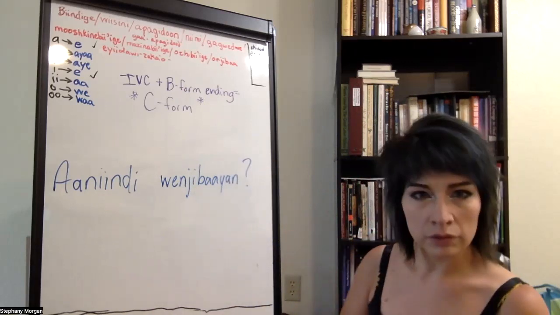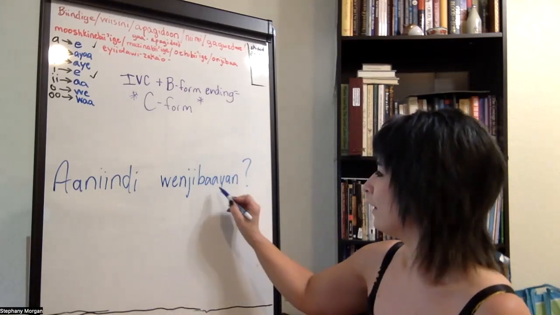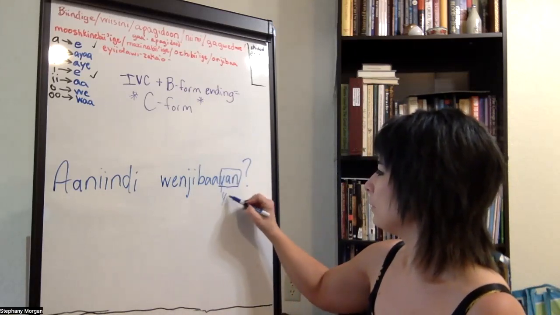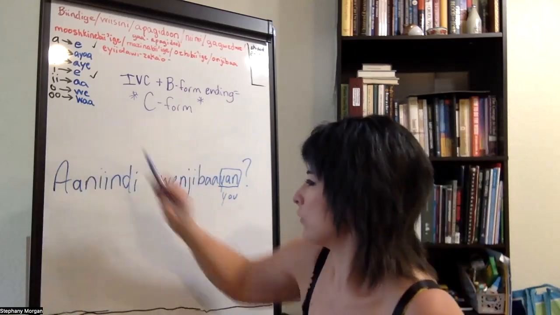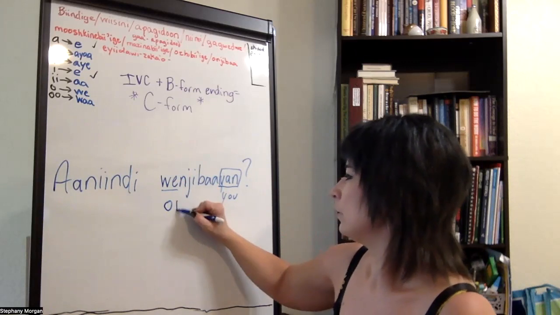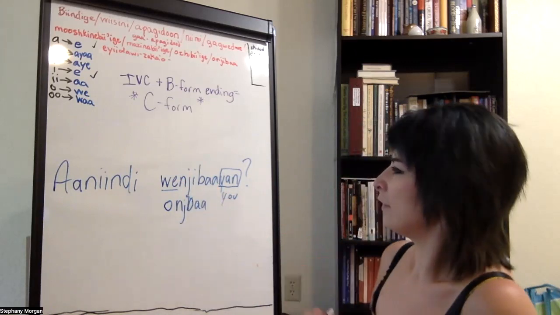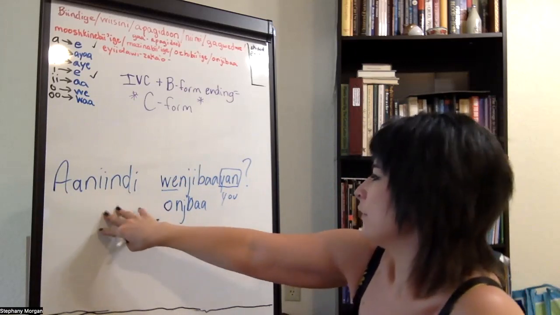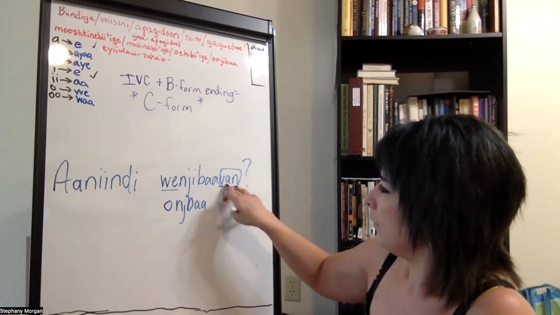You could look at your paradigms, hopefully you know it by now because someone's asking you verbally. Yan means you. We know we is initial vowel change for O, and our root is Onjaba. He or she comes from a certain place. They're saying, where do you come from? Because you have yan on the end, and